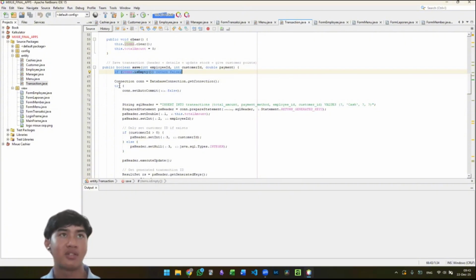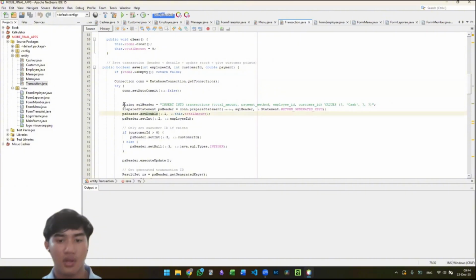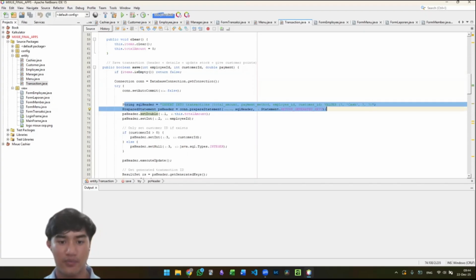Then database transaction start. So this Connection con equals DatabaseConnection.getConnection means it will be trying to connect to our database. Then there's insert into transaction. This is the header. This saves the total amount, payment method, employee, and customer. If we put the customer ID in it, that we already applied to the database.